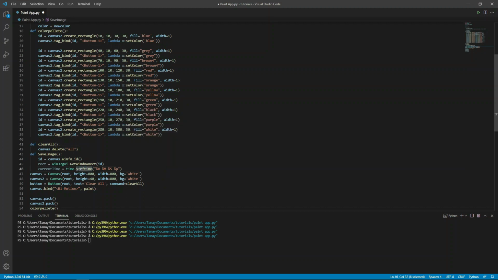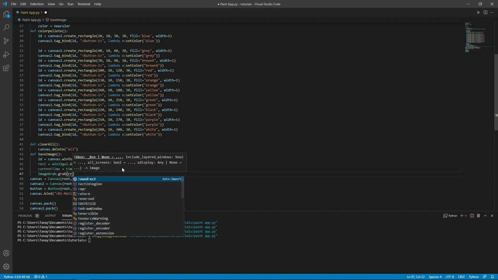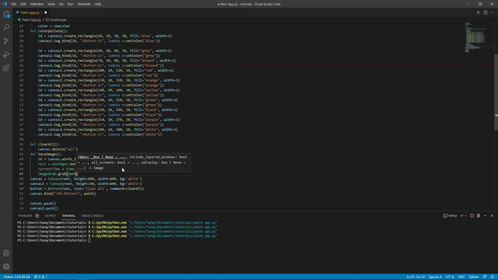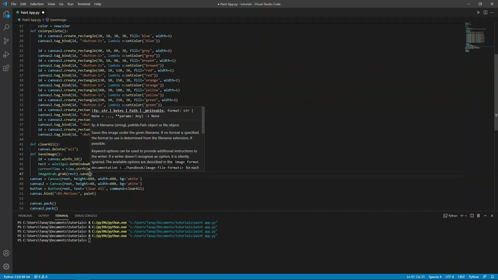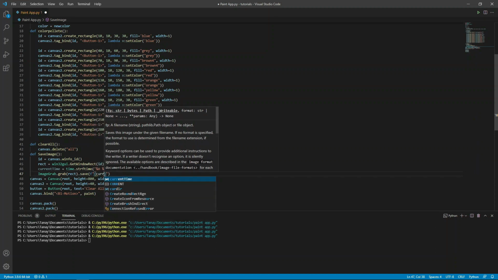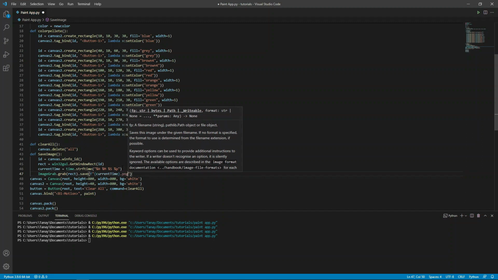This strftime makes a string from time, and ImageGrab dot grab rect dot save, f string, current time dot png.